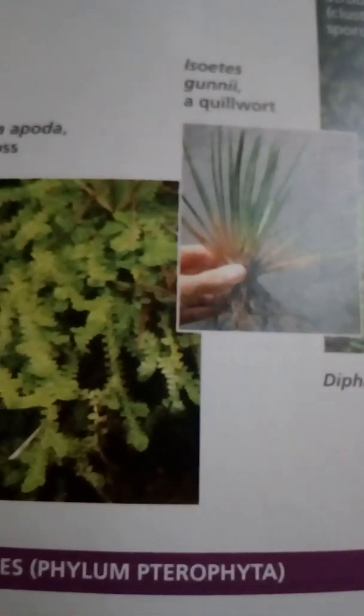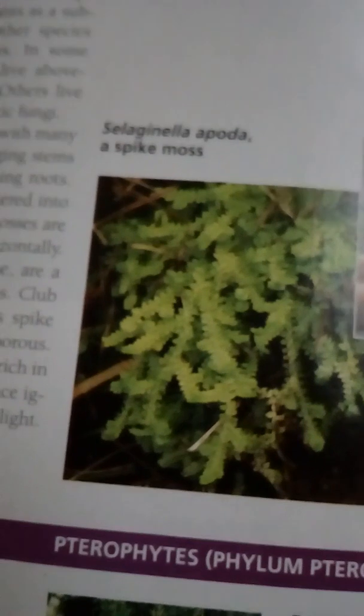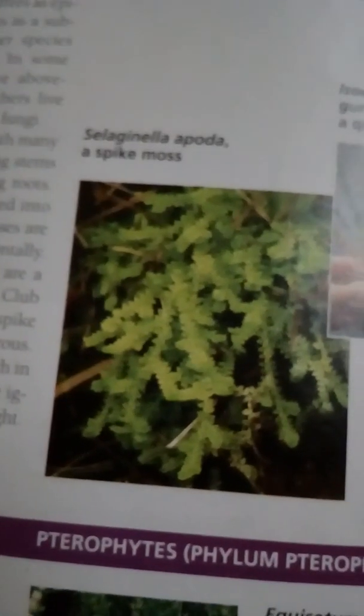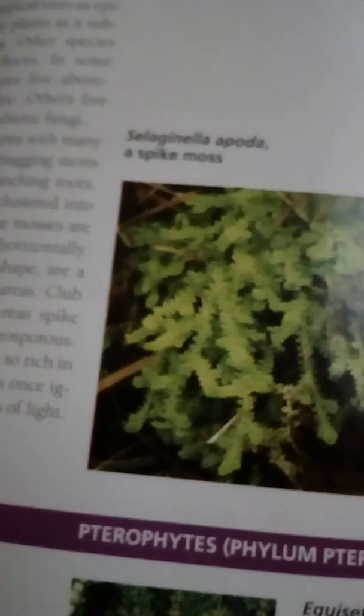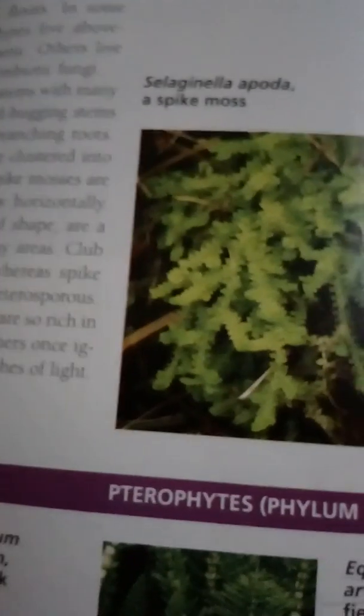The giant lycophytes thrived for millions of years in moist swamps, but they became extinct when the climate became drier at the end of the Carboniferous period. The small lycophytes survived, represented today by about 1,200 species, though some are commonly called club mosses and spike mosses. They are not true mosses, which are bryophytes.